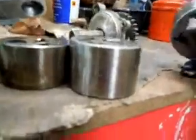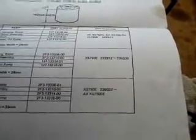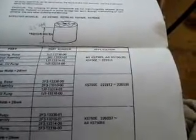That is the one that is fitted, according to this chart. It's fitted to the XS750E, engine number 226037 onwards, and all XS750 SE, which I think is a special. The 28mm one is fitted to the XS750E, engine number 222312 onwards to 226036. And the 24mm one was fitted to all XS750D, all XS750D2D, XS750E onwards to 222311. So basically, if you've got an XS750E, it could be either of those three pumps depending on which engine